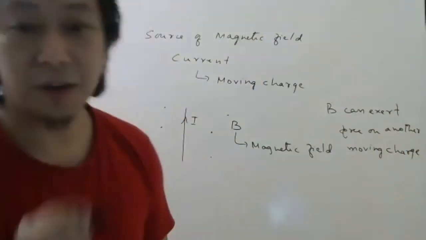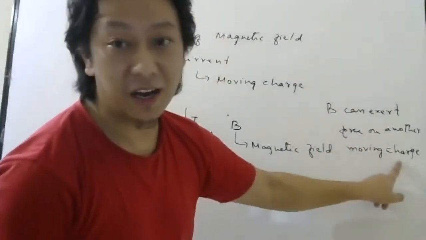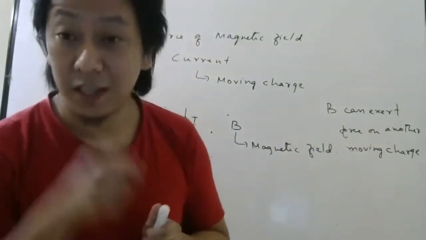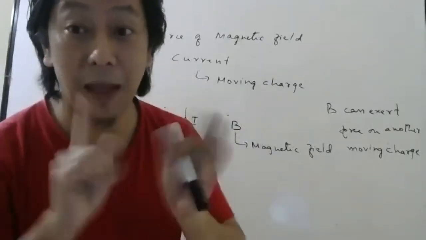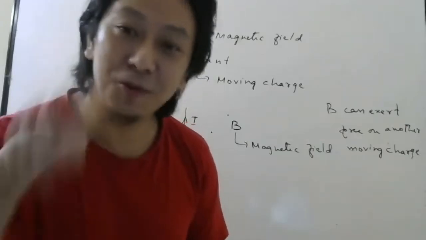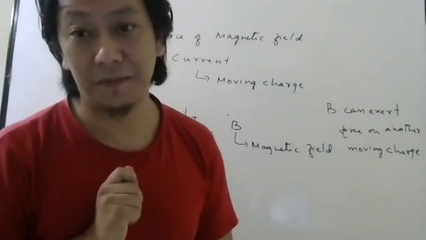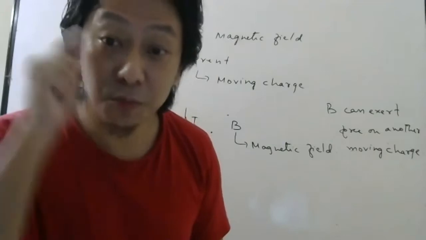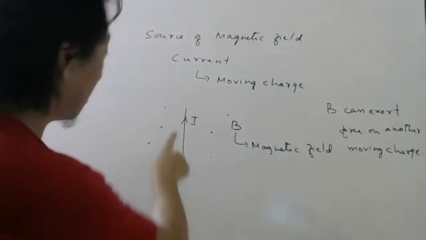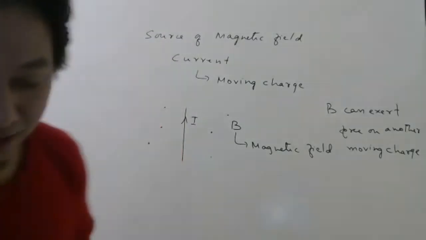Okay. So the first topic that we have to discuss is this only. Force on a moving charge due to magnetic field. So remember, the charge must move. If the charge is not moving, it will not feel magnetic force. So in order to feel force due to magnetic field, the charge must move, because only currents can feel magnetic force, because currents produce magnetic field. So magnetic field can exert force on currents. Simple analogy.